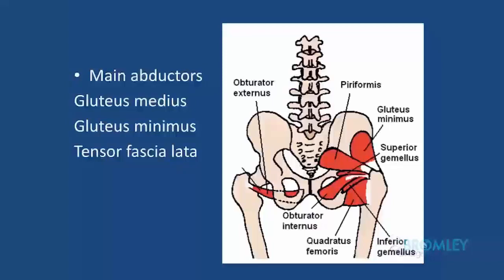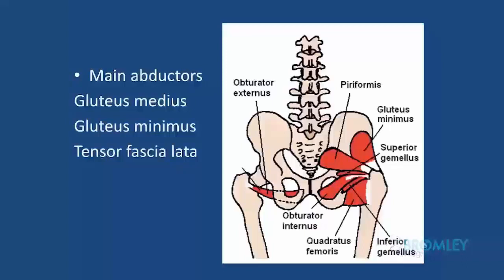And there's 3 muscles we need to know about: gluteus minimus, gluteus medius, and tensor fasciae lata. So gluteus minimus and medius both arise from the back of the iliac crest. Gluteus medius isn't shown here, but it occupies much of the rest of the back of the iliac crest, medial and superior to the area that the gluteus minimus comes from. And both of them insert over the